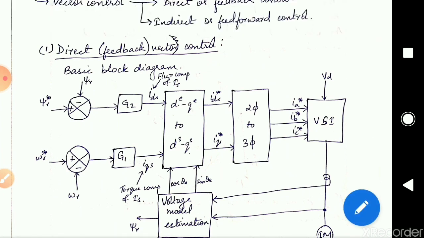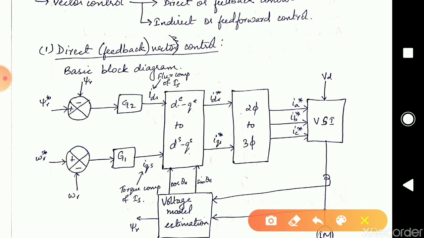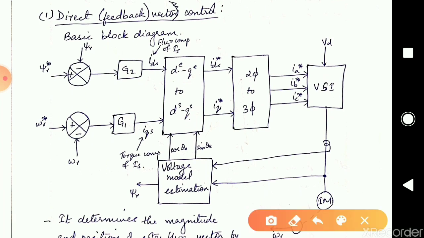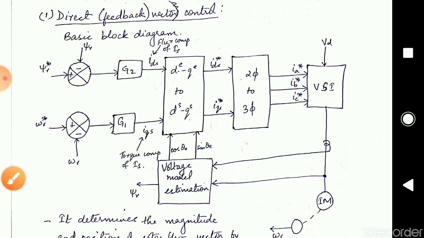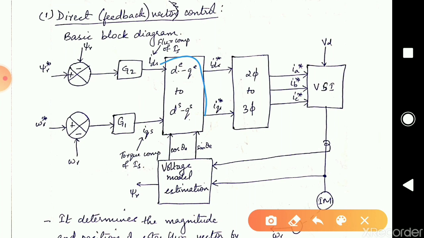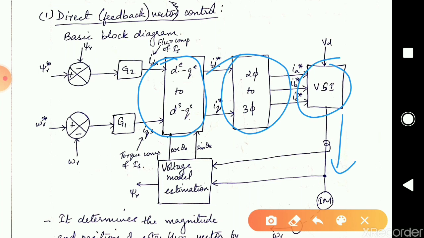Okay, so in the direct vector control, as the name suggests, that is a feedback vector control. We are going to take feedback from the induction motor. We will be taking the speed, the voltage and the current. The voltage and current are measured and correspondingly the calculations are carried out and vector control takes place. You can see over here vector control is taking place. The two-phase rotating is converted to two-phase stationary to three-phase. Correspondingly, you are giving the input to the VSI. The VSI takes the signals and correspondingly changes will be given to the induction machine. So it is a feedback control, normal closed loop operation.